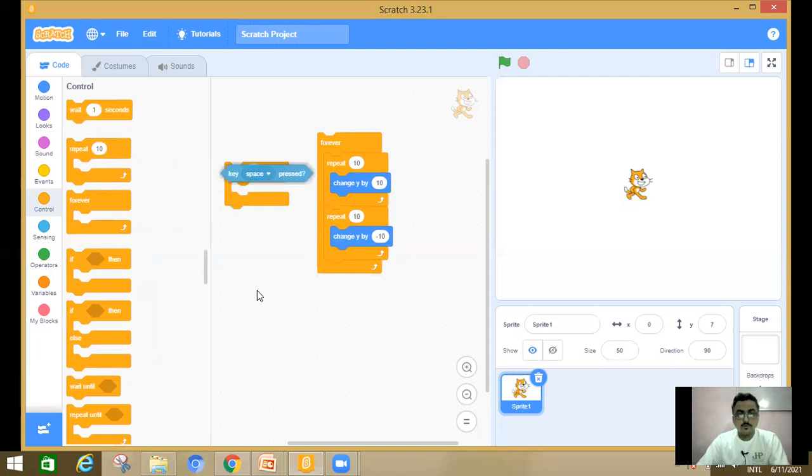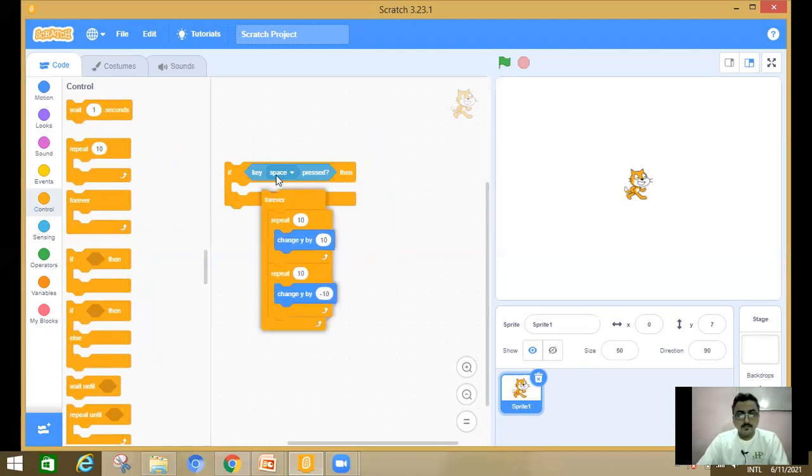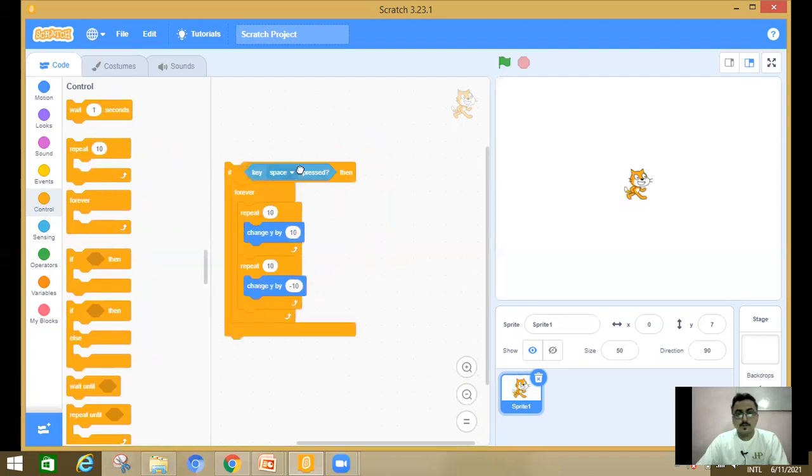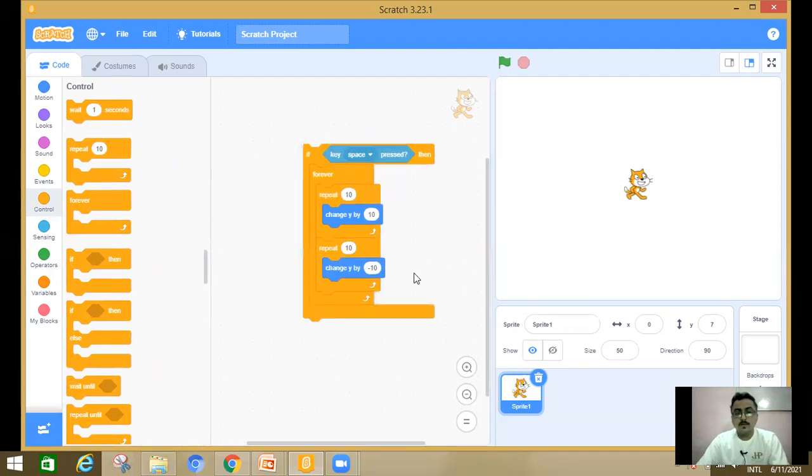Choose a condition. If key space is pressed, then this work is to be done. Now my program is completed. So I am going to double click, nothing happened. Why? Because I have applied a keyboard command. So I'm going to press my space bar. Okay. So here you can see that.